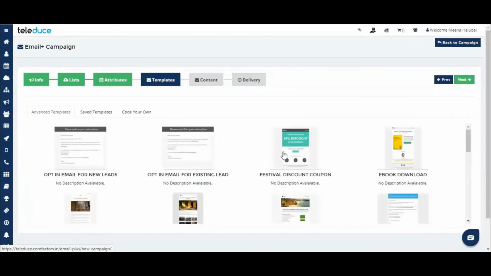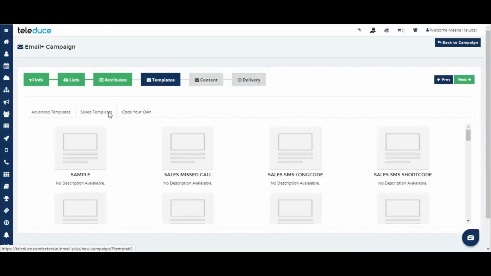Okay, you will be able to use the drag and drop option again, which I had already shown to you in landing pages. The same way you can utilize advanced templates as well. Okay, so coming to saved templates, these are the templates that are stored from Content Manager, which will be visible for you over here. So this is the latest one which I uploaded.